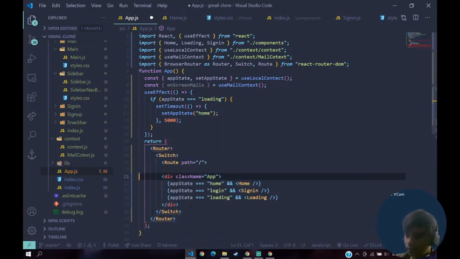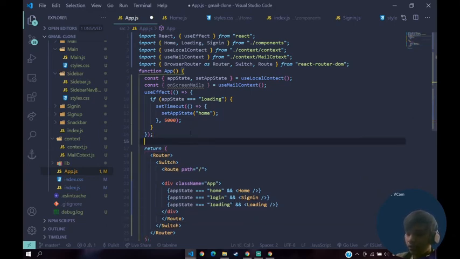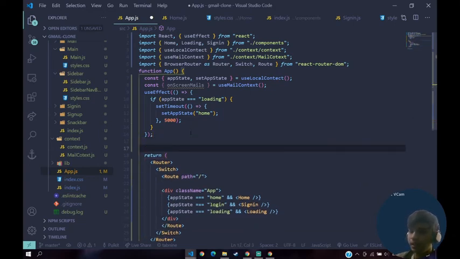What this means is, whichever link it is open. For example, say the link is localhost 3000 for now, right?